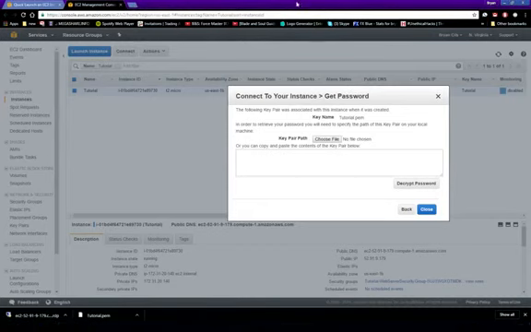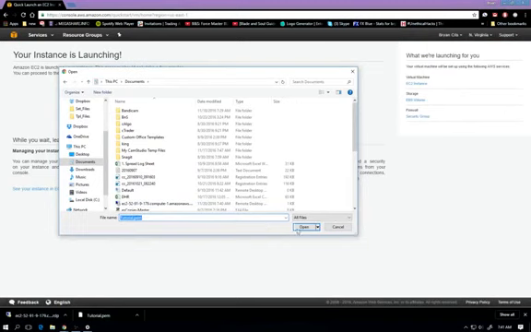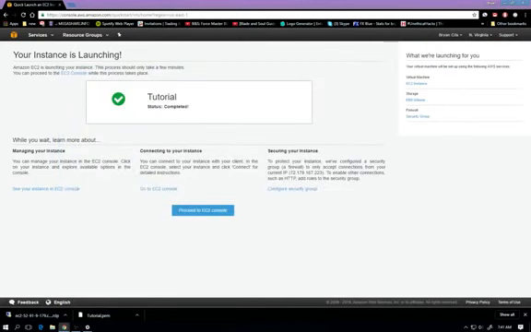Okay, so don't get all crazy on me. What I'm going to do is, it says key pair path. You're going to choose file, and I'm going to go into my documents where it was, and I'm going to be looking for that tutorial.pem file. Here, I'll bring this over so you can see. I'm going to hit open. Now on the other screen, it's going to show you a big pile of text. Then go ahead and hit decrypt password. And we want to save that password, and then close.